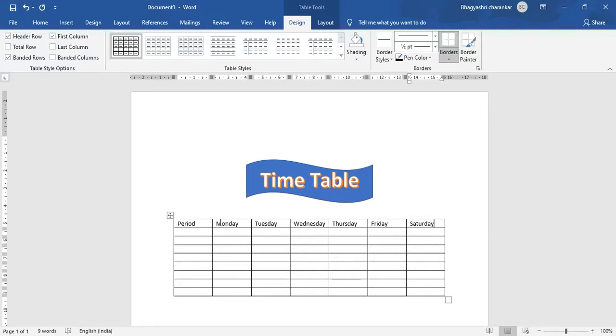Now to go to the next line, first cell, again press tab. There is no need to press enter here.